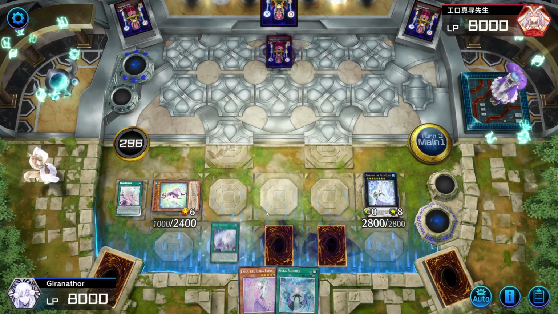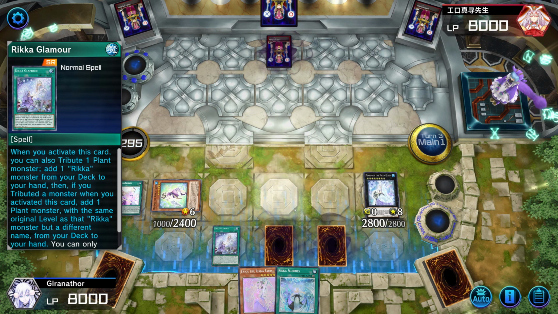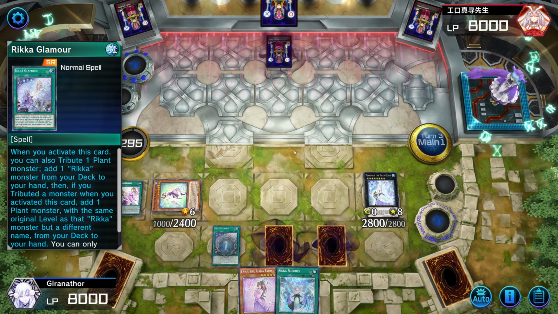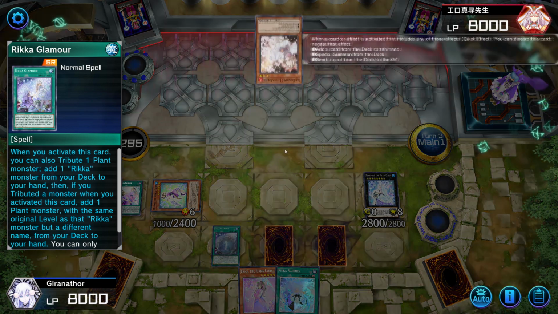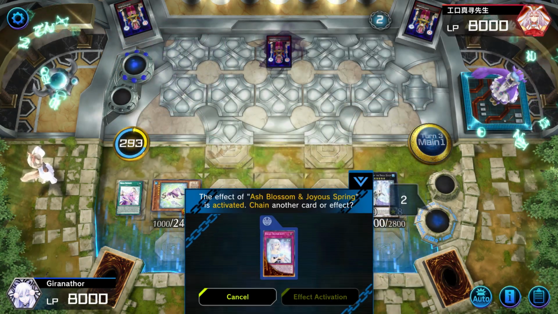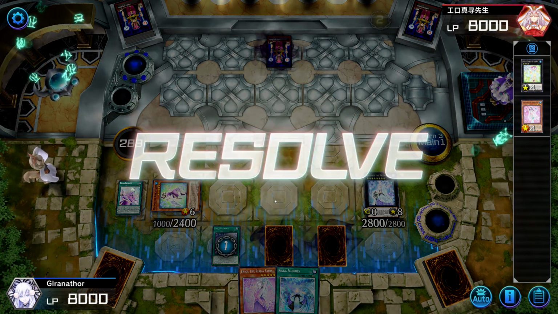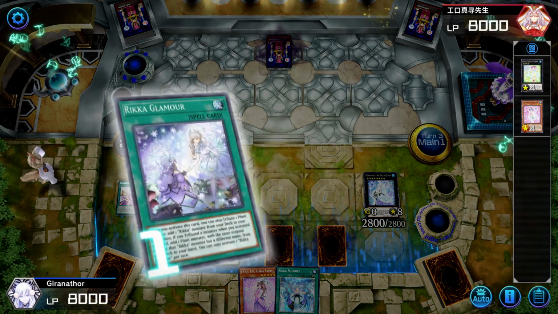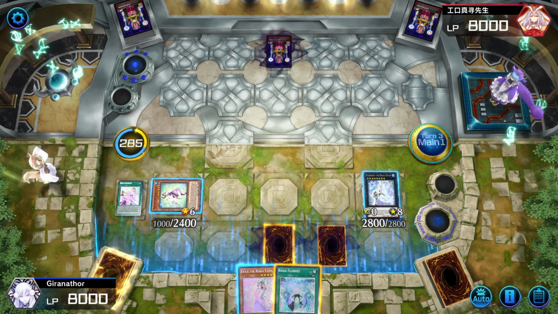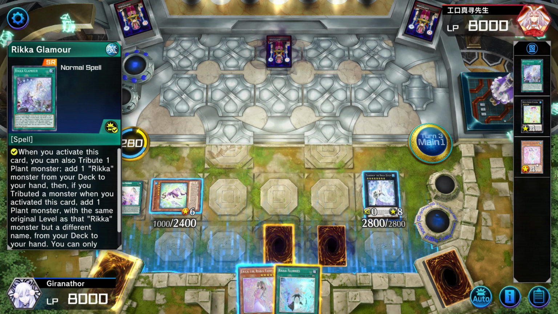We will set a glamour. Activate a glamour. We won't tribute. Ash Blossom, maybe? Ash Blossom is painful, but it's okay. Crave. We won't get our Mudan's effect if we special summon using Tranquility, because it has to be special summoned by a plant effect. But what I could do